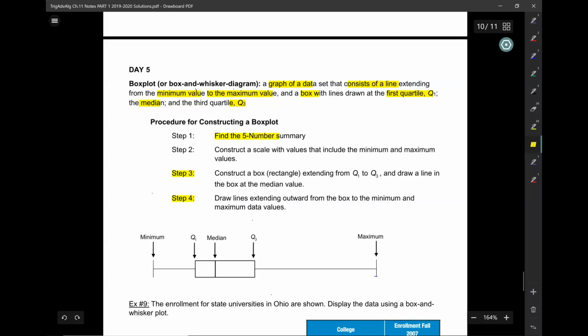Step 2, you want to construct a scale with values that include the minimum and the maximum of your data. So basically, a box plot starts at the minimum and it ends at the maximum, all right? But you need to first draw a number line that extends a little bit outward from those 2 points. Then